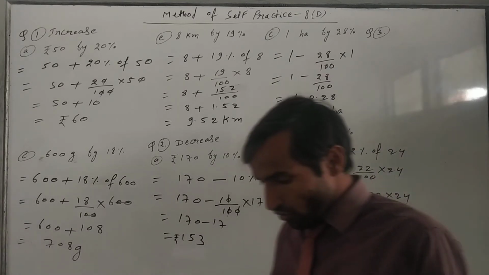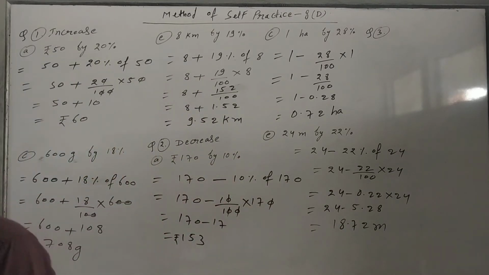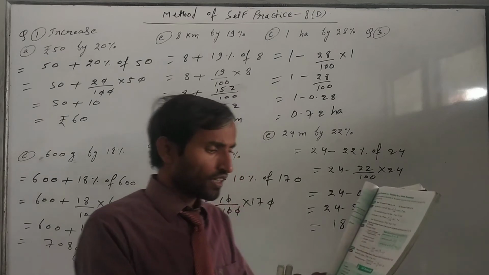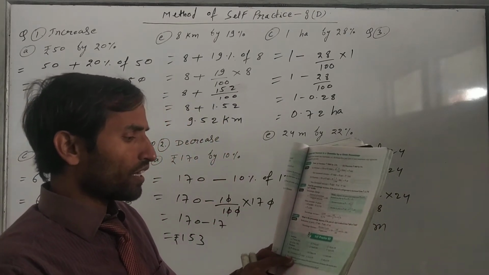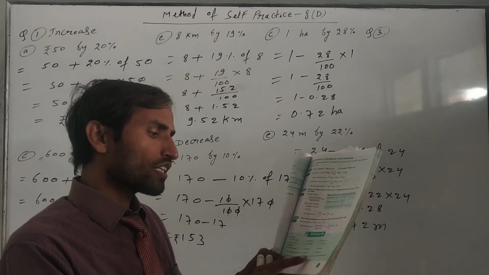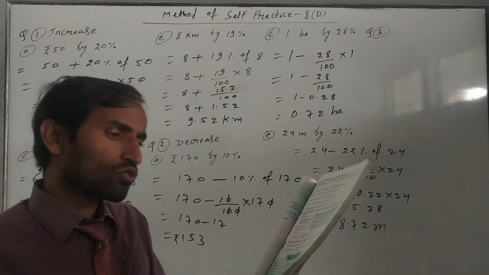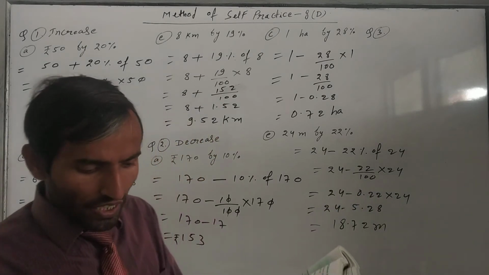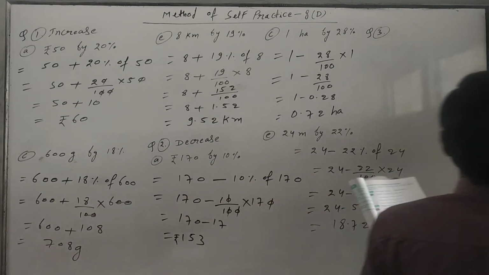So the second question is over. Now we have to do question number 3. All of you read question number 3. What is given in that? The entrance fee at a science museum is 50 rupees. Senior citizens receive 20% discount. How much fee does a senior citizen pay? So again we have to decrease here. Discount means we have to subtract.